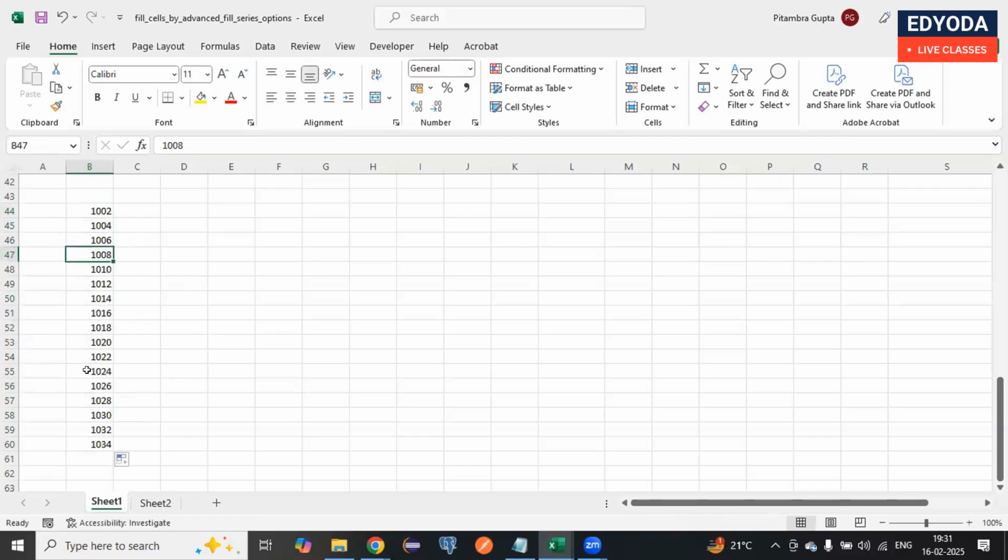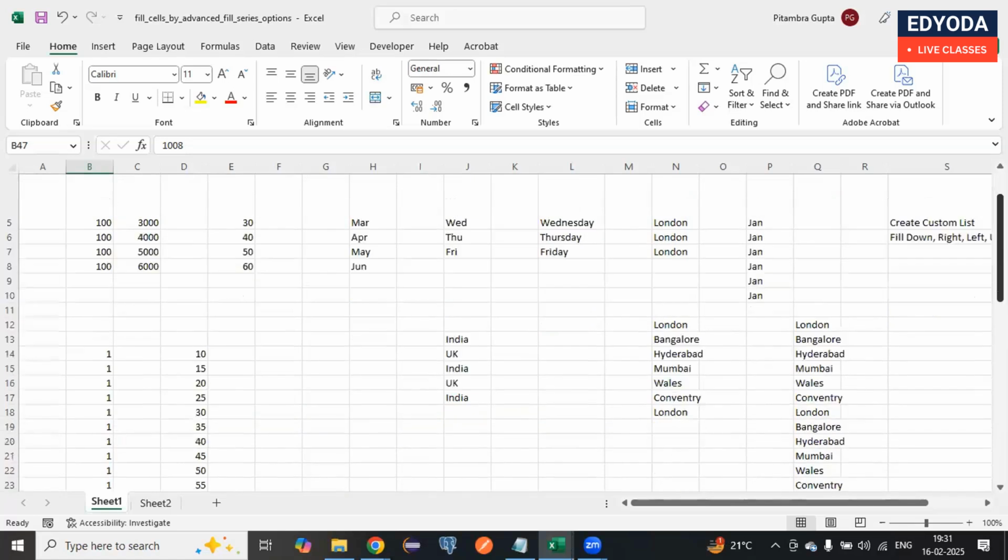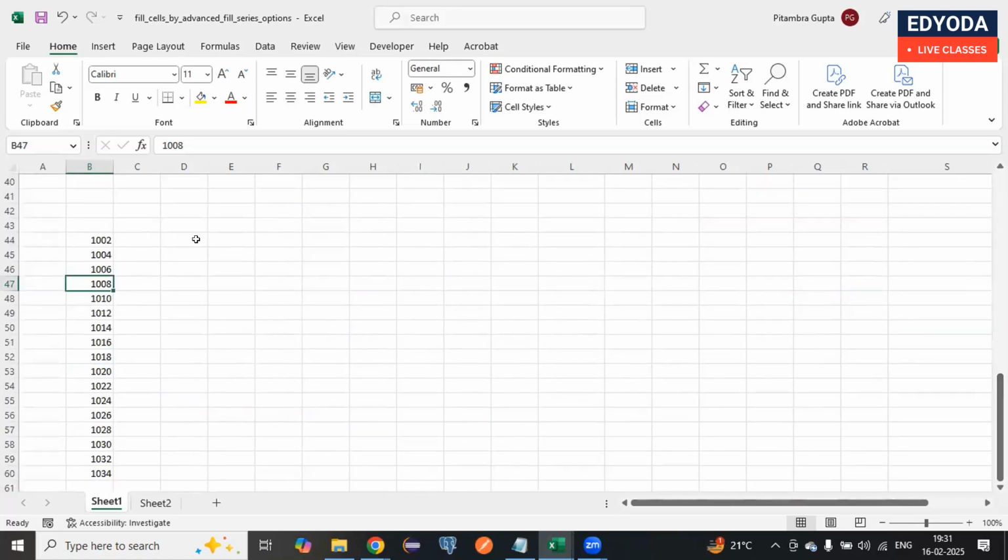This is also called flash fill, when you want to fill the values based on the value that you have just provided in any of the cells. Similarly, not only with whole numbers, this works with some text values as well. Let's say I am writing a default series, which is month series. So I have written January,